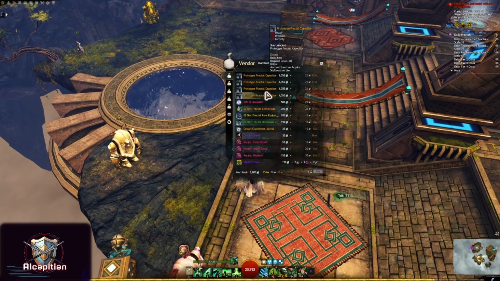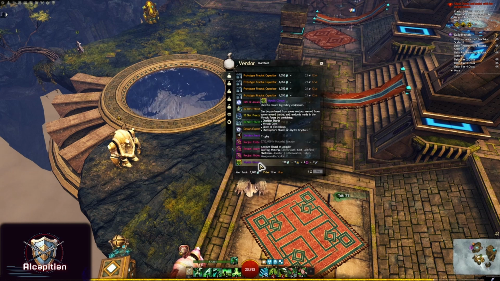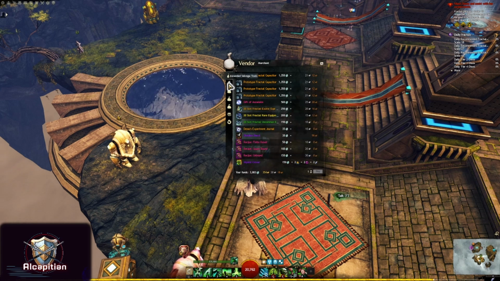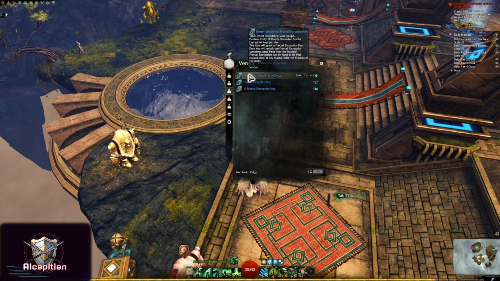This vendor over here is a very nice vendor. He gives you a lot of the items you will need for your legendary backpack deed. He's also got little bags that you can buy for fractal relics. He sells mystic clovers, and he also has a few other items, ascended salvage tools, but very importantly, these deeply